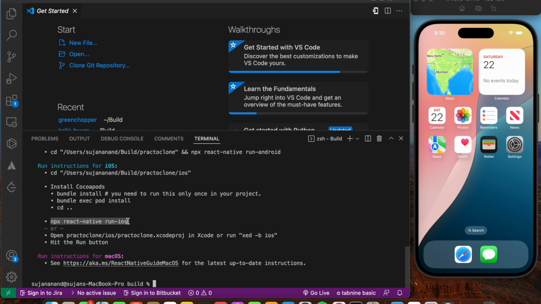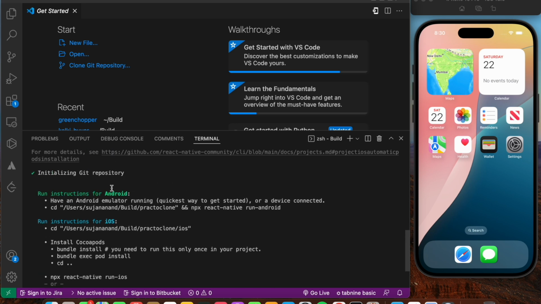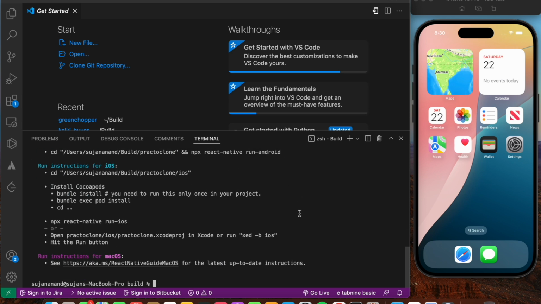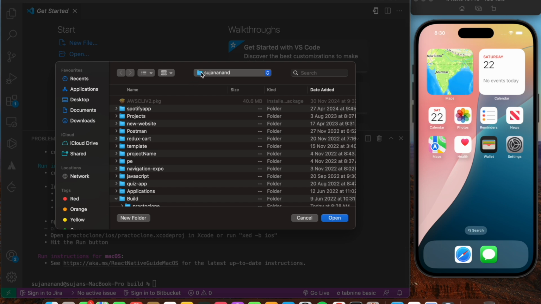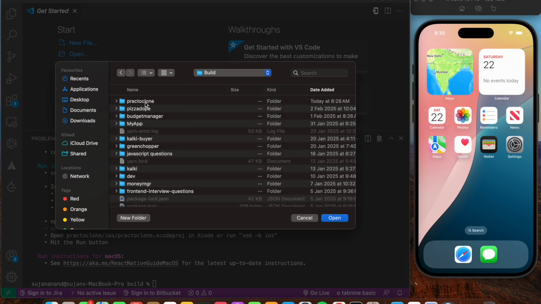So let's do that. Since I am on the iOS simulator, I'm going to follow these steps. For Android, you can directly run this particular command, and it should work out. Now let's first of all head over to the project directory. I'm going to say File and then Open Folder. I'm going to go into my build folder over here, and then I'm going to choose the first one,